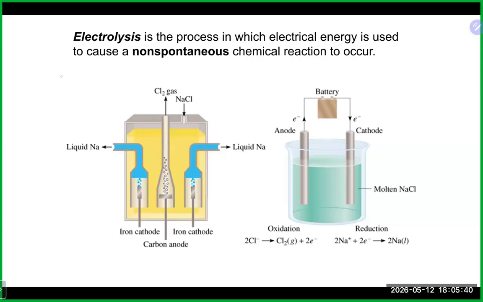electrolysis to occur. So if you had something like sodium chloride, you could break it apart into sodium and chlorine. And what happens in this particular case is our anode is actually the chloride, and the cathode is actually the sodium. It is different than when you put it together to make